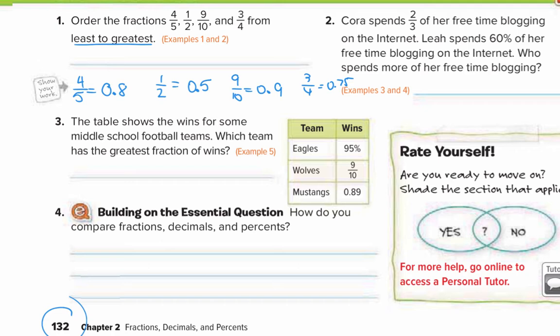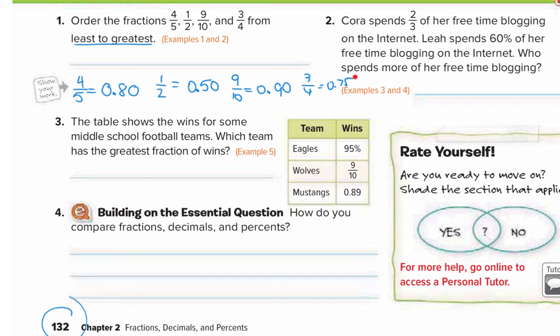So now that we have our decimals, this decimal, 0.75, has two numbers after the decimal place. So to make it easy to order them, you want to make all the decimals two numbers after the decimal place. So for the rest of the decimals, the next number in each of them would be a 0. So I'm going to add a 0 to each of them. So now all my decimals have two numbers after the decimal place, and now it's easy to order from least